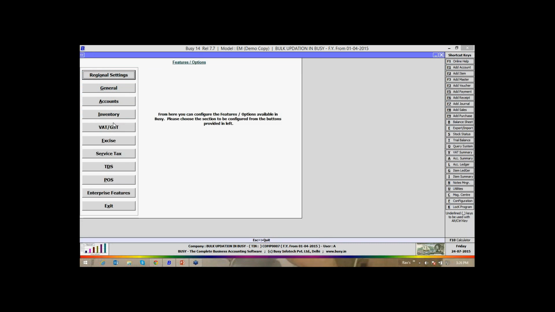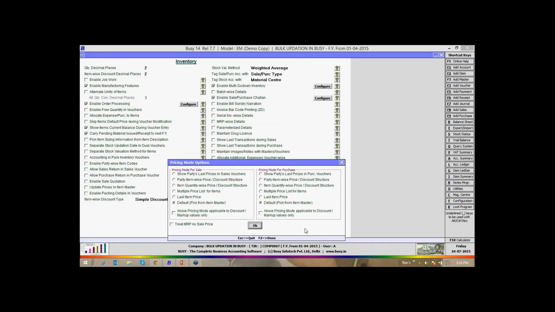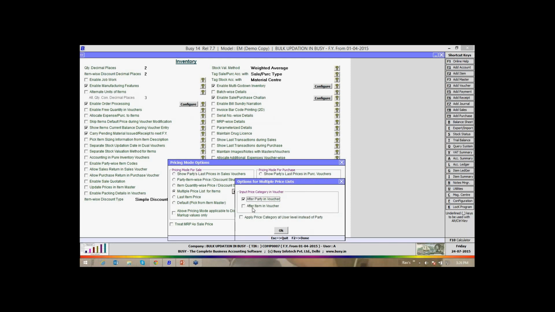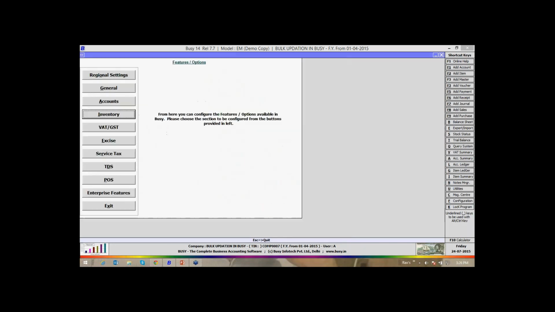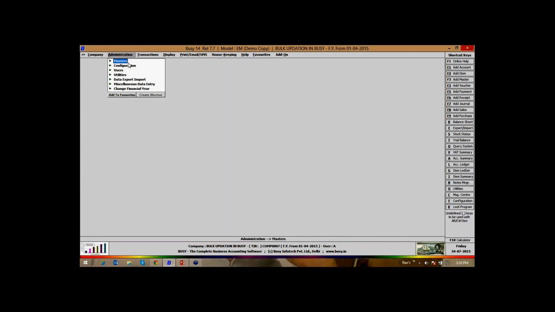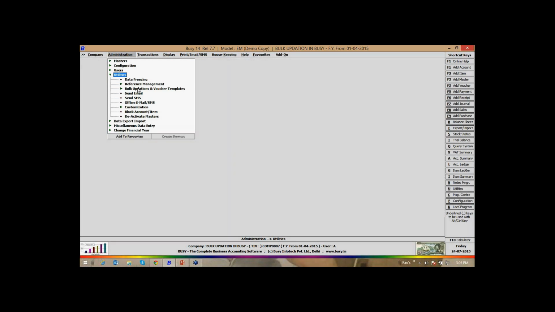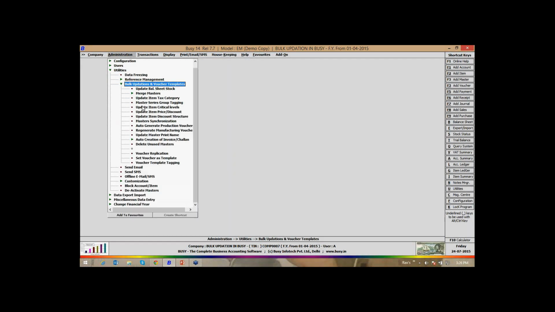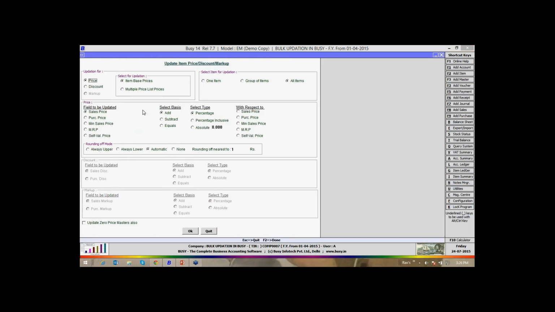This is the lengthy concept, but I think you will be able to understand it. In the utilities bulk updation, we were at the multiple price list. So thus the category will be added. Which category you want to update? Sale price. Here also on which category the formula should pick. So this is the category will come here.